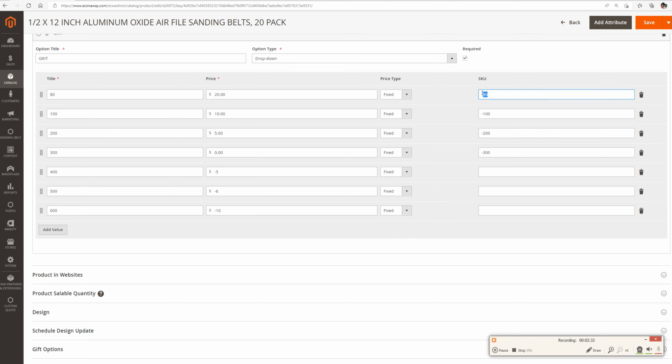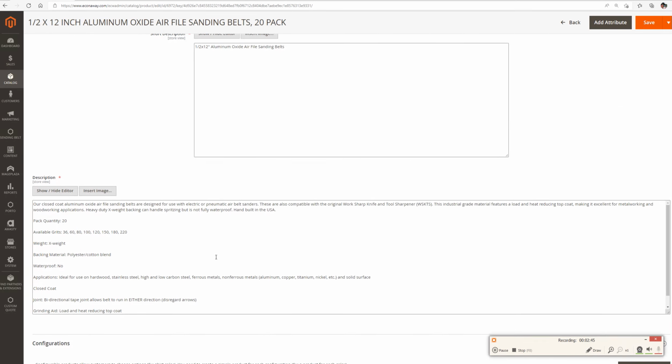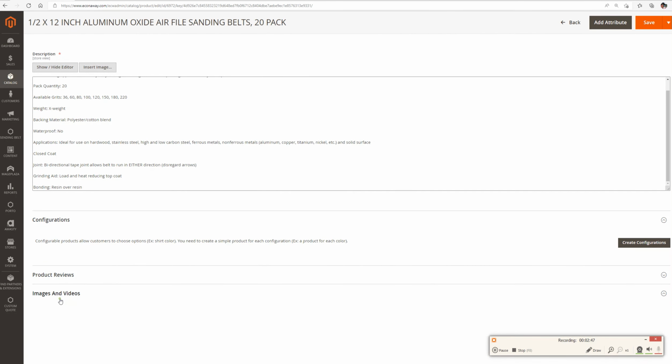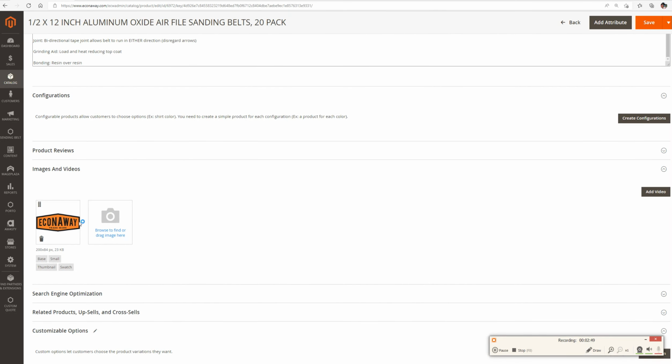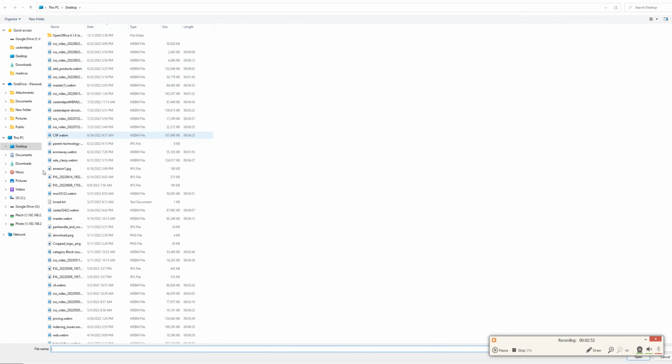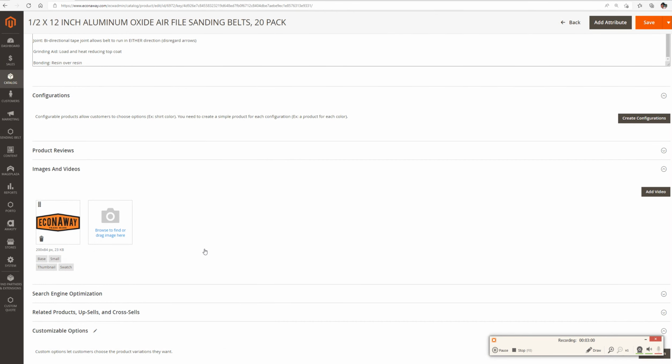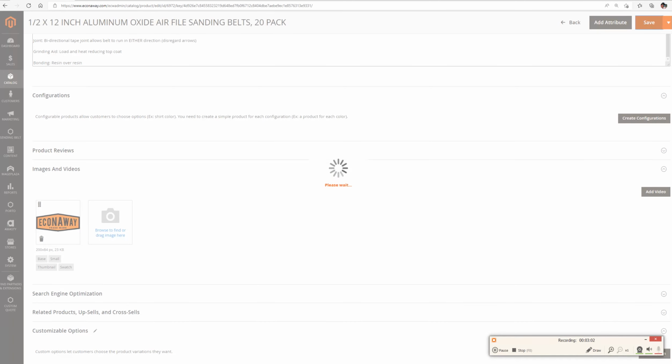And I don't think actually this is the way it works. So I think you actually have to add the whole SKU in. So it would be the fixed SKU, whatever you would have in there. And then we'd also have to add in images. So you just select what image you want to add in, and you can select that one, and then hit save, and then it automatically uploads like you have here. Hit save,